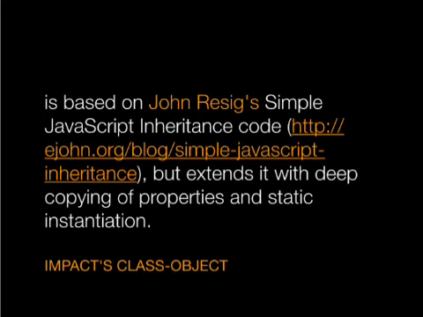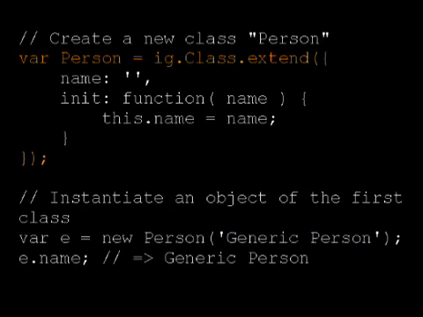So creating classes is pretty straightforward. Again, this all goes in that define block that I talked about earlier in the module. And we just simply give a class a name, so var person. And then what we do is we actually talk to the class itself. So IG class. In Impact, there is a class for class. And you just call extend on that, and that will copy over all the functionality of class into your person object.